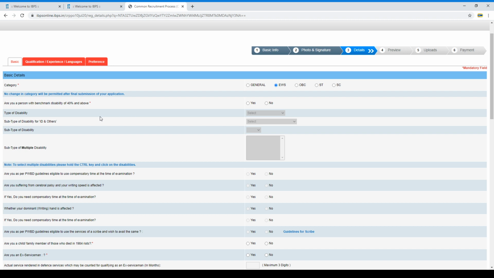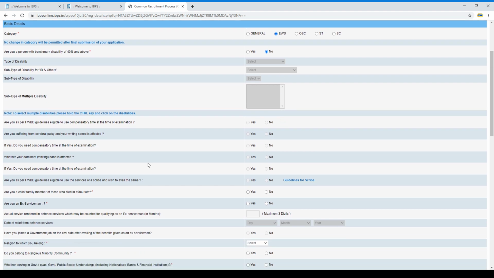So next it asks if you're a disabled person, click yes or else click no. If you're a disabled person, click here. It shows a type of disability. Give your disability, like hearing impaired or vision impaired. So give it in this column. And next, 1, 2, 3, 4, 5, the 6 columns which belong to a disabled person. Like they need compensatory time or what kind of disease they had, if they need any guidelines. So likewise, information is here.